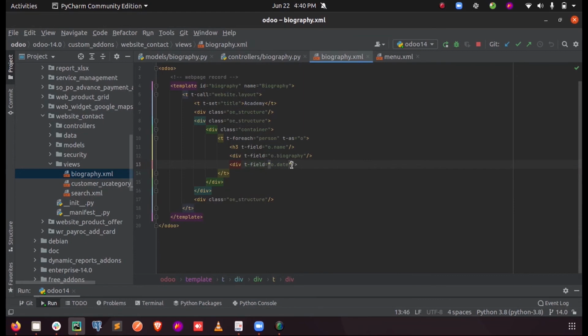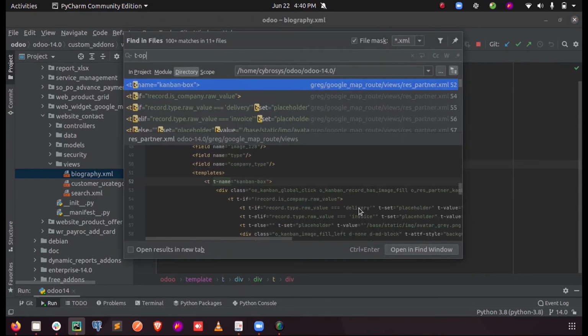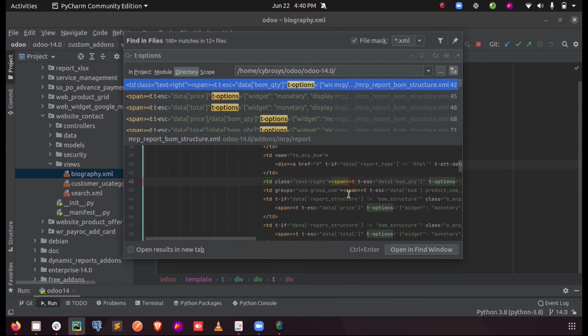Now let me give the t-options for this. Let us see how t-options is used. Here we have it. So let's use t-options.